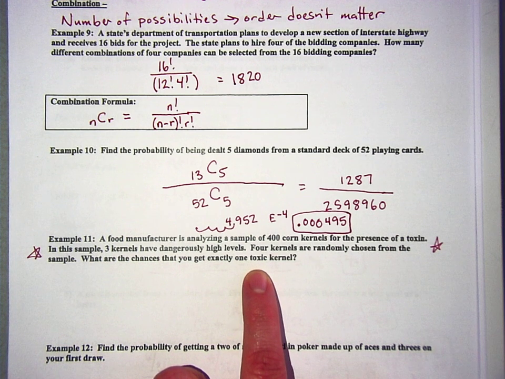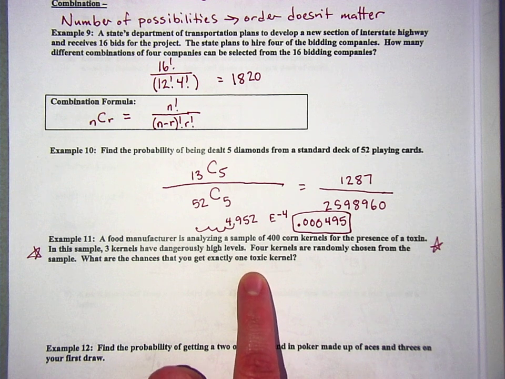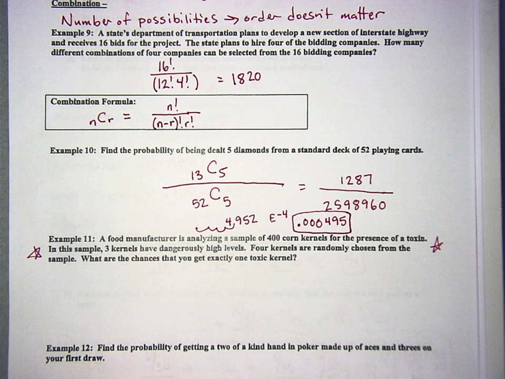Because suppose that you have 400 corn kernels, obviously you're going to have a lot more than that if you're dealing with corn, right? So a small percentage of them will be toxic. So the question isn't necessarily whether the test you're doing will detect the toxicity, but also what the chances are that you even get toxic kernels when you're testing them. You could get some normal kernels and test them and say, oh, looks like we're fine. If there's such a small chance that you're actually going to get a toxic kernel, then you need to do the test 10 times in a row, because the chances of you not getting a toxic kernel 10 times in a row